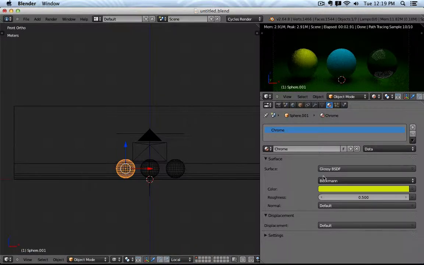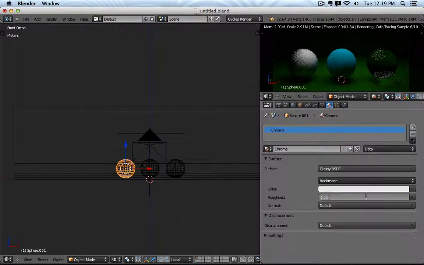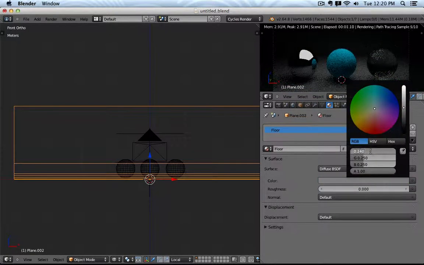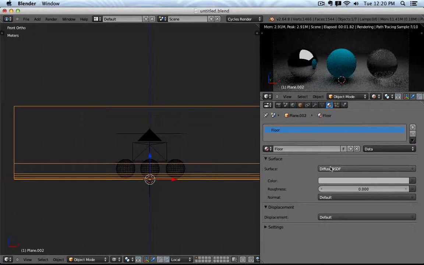So you see, with only changing few properties, I can quickly simulate different types of materials, from like this anodized chrome to maybe polished stainless steel, which has totally sharp reflection. And let's set this one back to this color. We can make this one a little bit brighter or neutral like this. Okay,